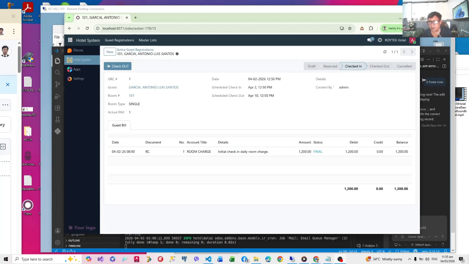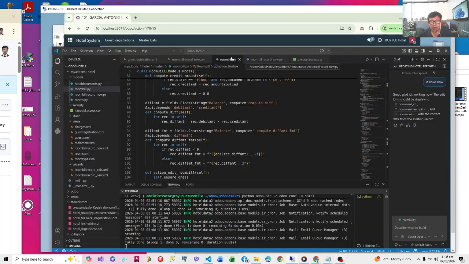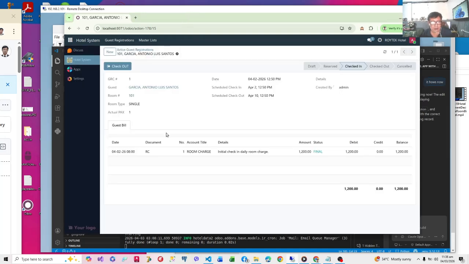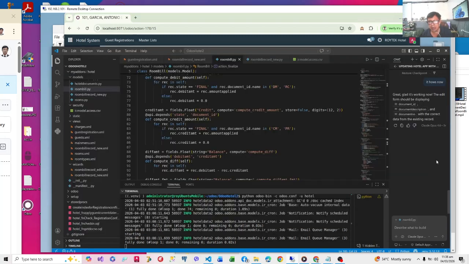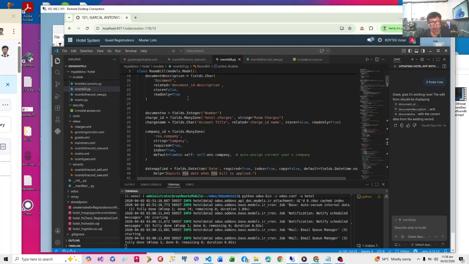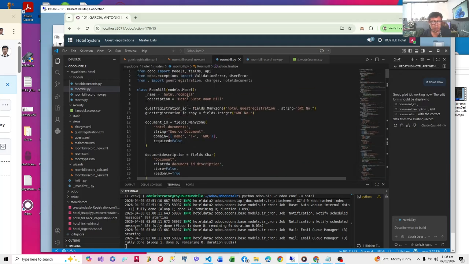In the past, if you recall, I introduced you to a model called roombill, in roombill.py. This is the model that will store the bills incurred by the user during his stay in the hotel. So the bills will be reflected in this list, and they will be derived from the roombill model, or the hotel roombill table in PostgreSQL. In order to add a new record to this model or to the database table, we will create a transient model.